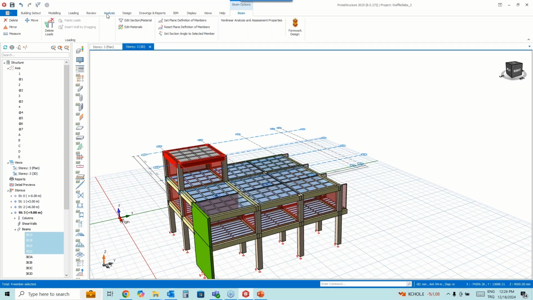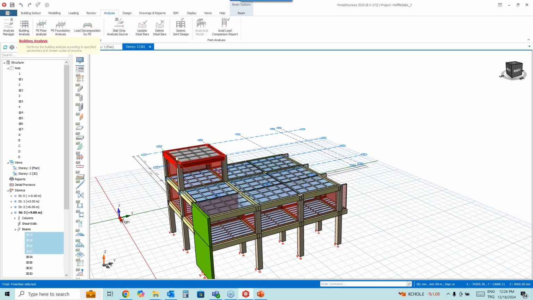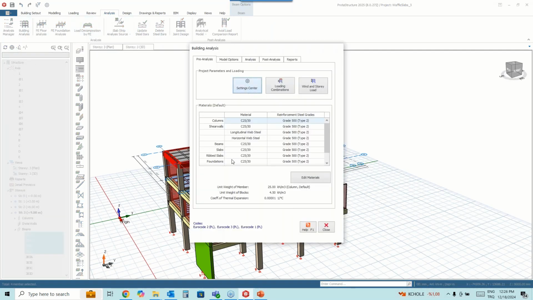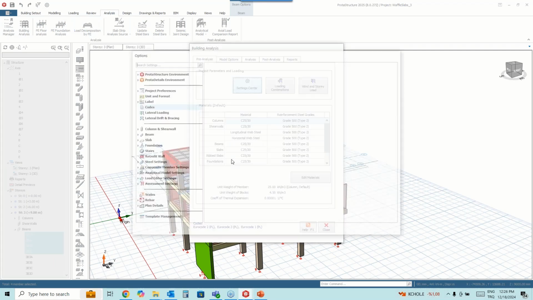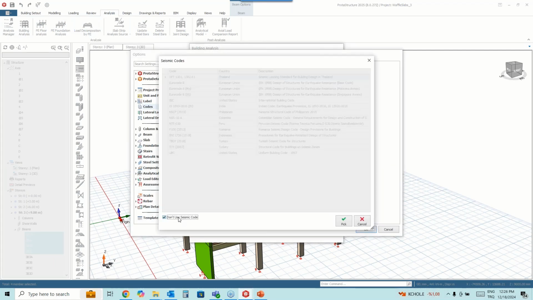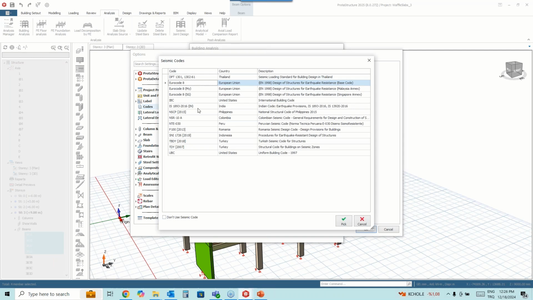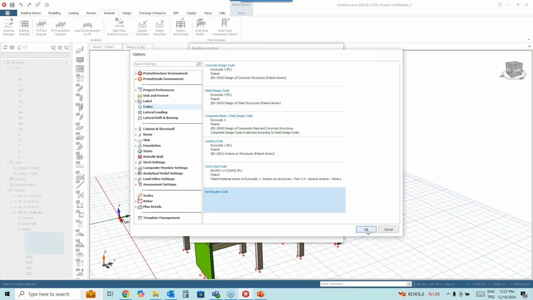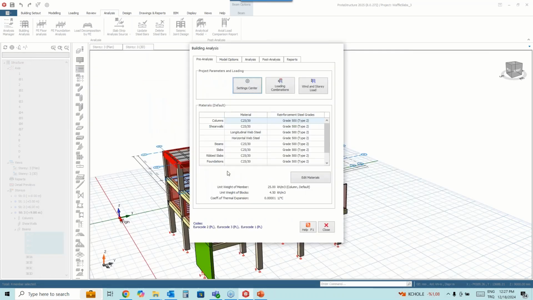So what I'm going to do, I will just run the analysis. In here, if you go to settings center, you can select the earthquake code if you need. For example, you can simply select the Eurocode 8 from here. Also, you can change the materials.